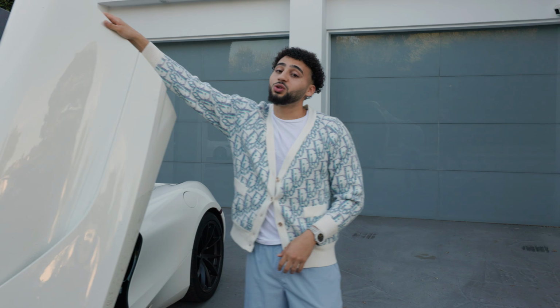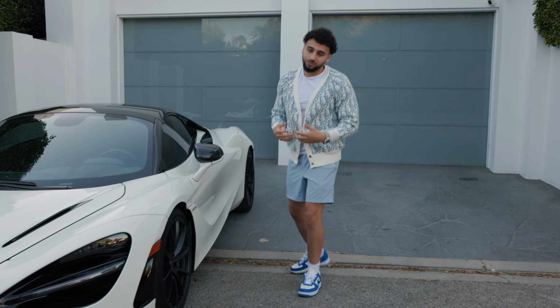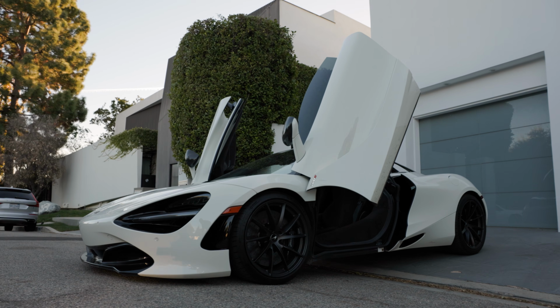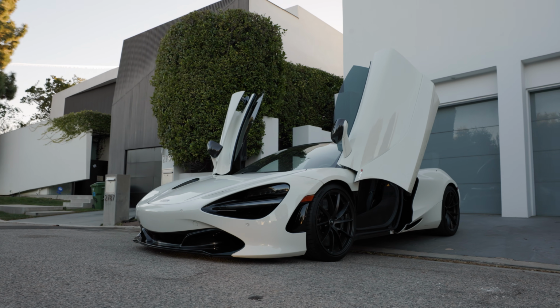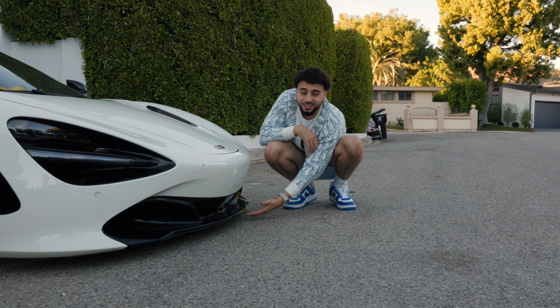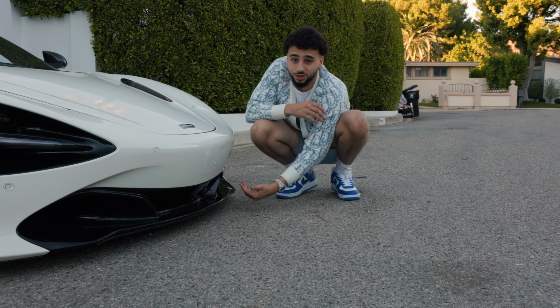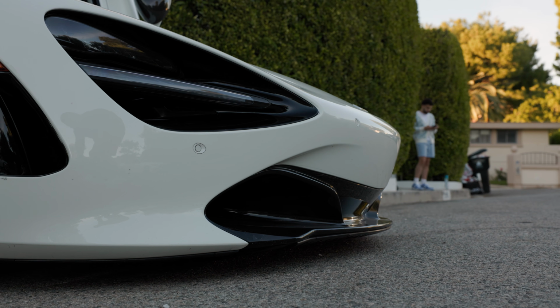Now, let me show you the second reason why I dislike this car. It's a big problem, right? It's a sports car, it's really an exotic car, and to me it's actually probably my favorite car whether I get a Bugatti one day, right? Alright, so look right here. I have exactly 2 inches of error that I can make. And to be honest, they should have just gave me no inches at all at that point, because 2 inches